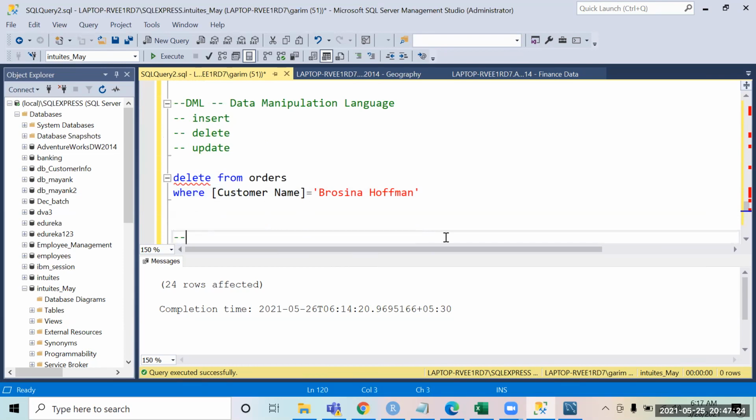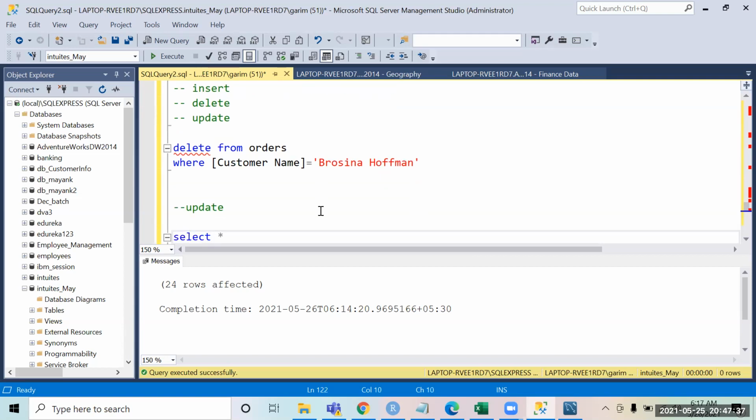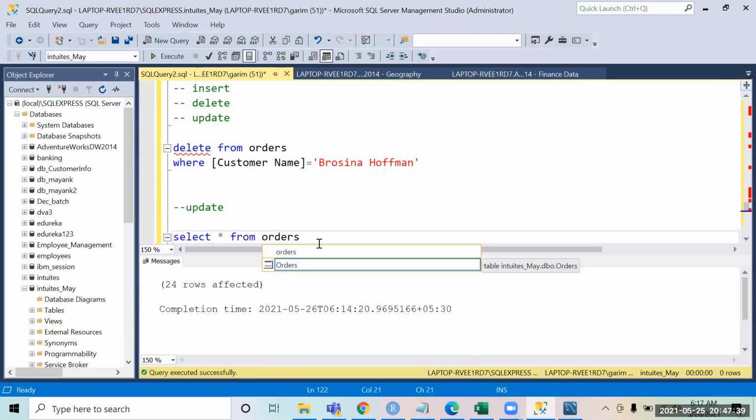Similarly, we have a command that is update. Right now, update, as the name itself tells, means you want to update something, the data that is already there. Right? Like for example, now if I come over here and say select star from orders,